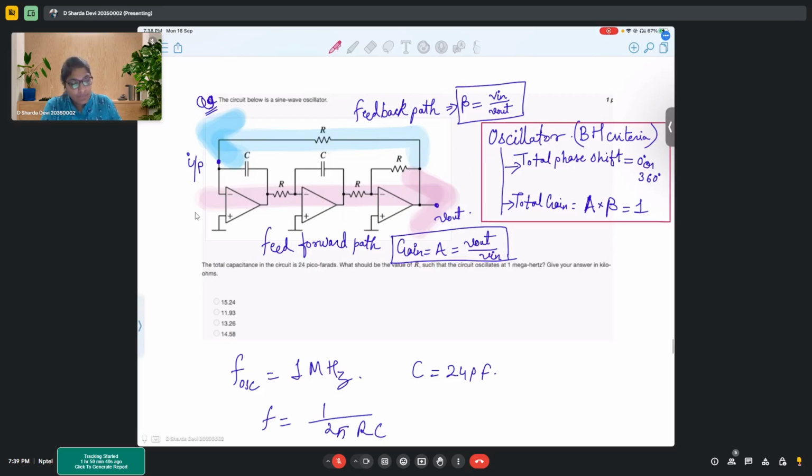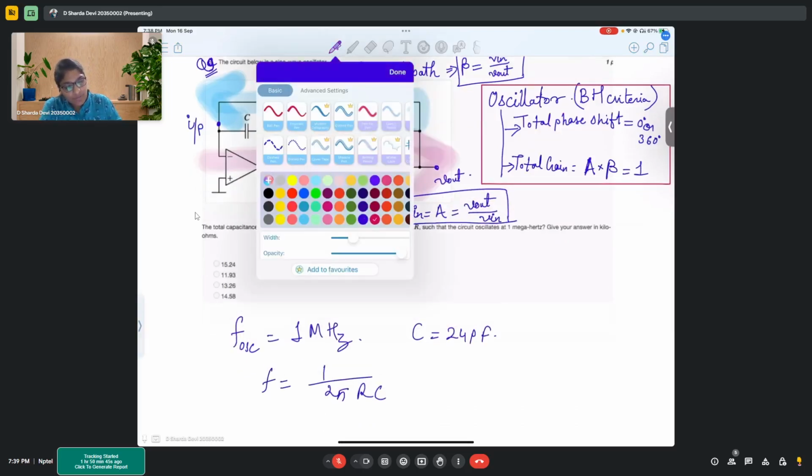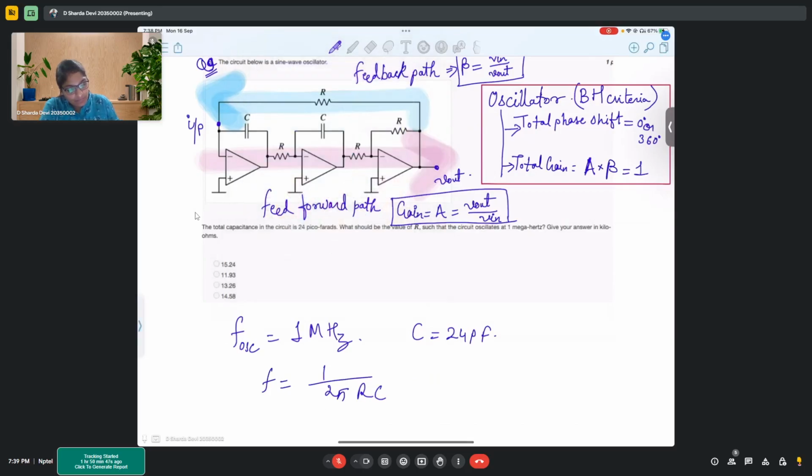So now, with this information, see what all we know here. We know that the total capacitance of the circuit is 24 picofarad, and the oscillation that we obtain from the circuit is 1 megahertz. And then what we know is the gain of the circuit should be matched. That means if I say what is my V out by V in,